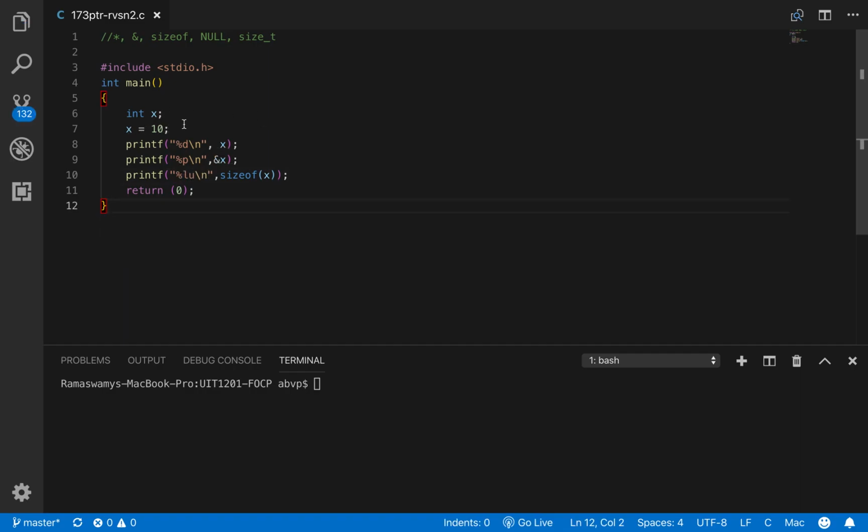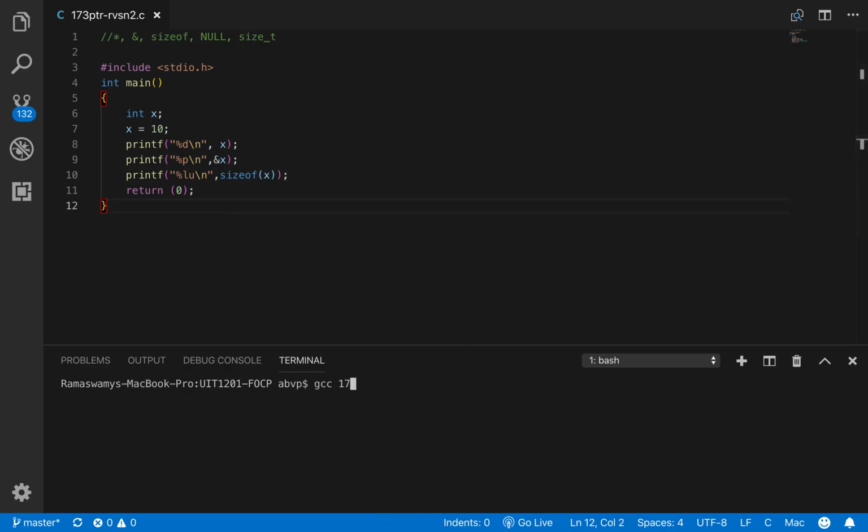So in this program, we have an integer variable x with the value 10, and we are printing the value of x and the address of x using the ampersand operator, and printing the size of the variable x using the sizeof operator.